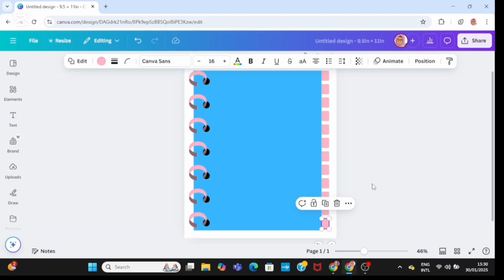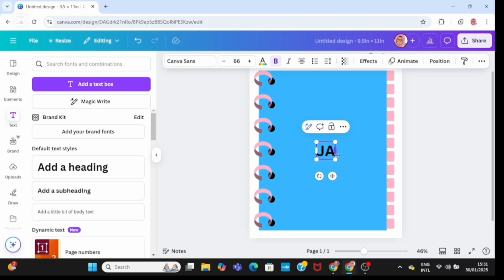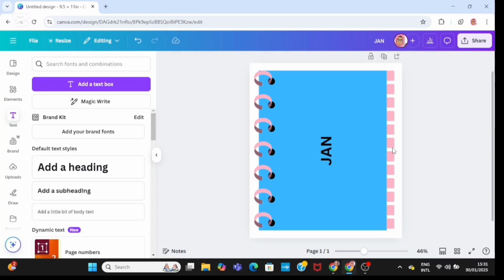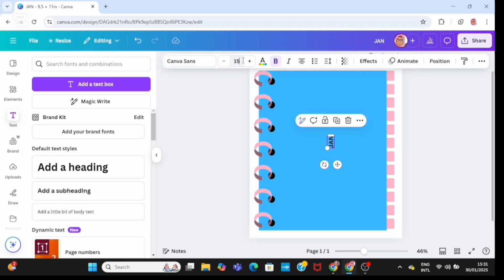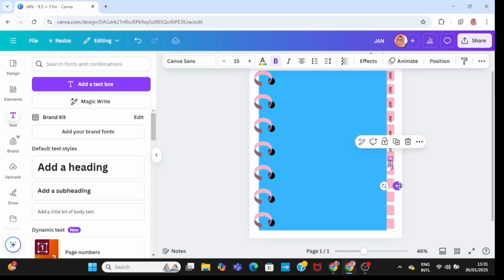You can see I'm just going to duplicate it. Next, I'm going to bring in a text and type in January. I'm just going to shorten it to Jan, adjust it and place it on my first tab like this. Then I'm going to duplicate it and paste it throughout all of the tabs to represent January to December. After pasting January throughout the tabs, I'm going to go to the second tab and change